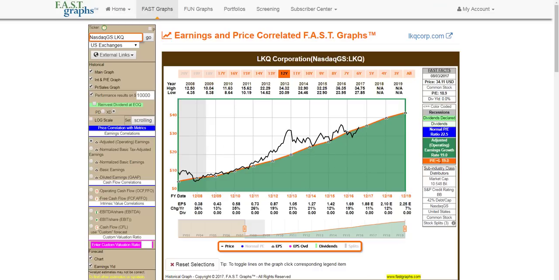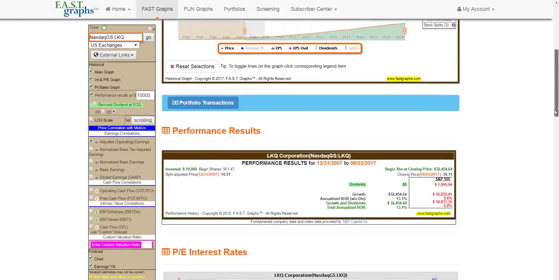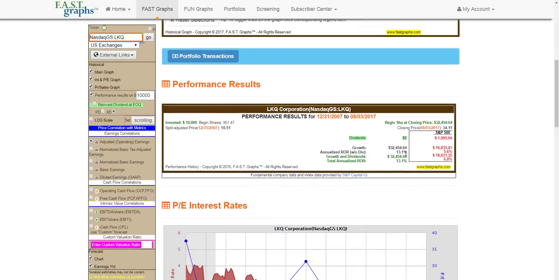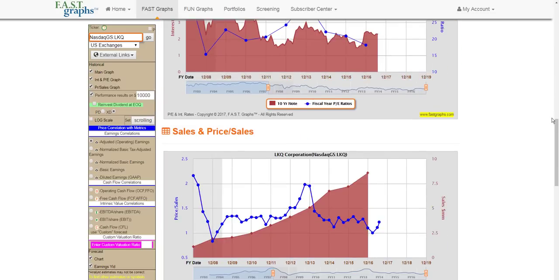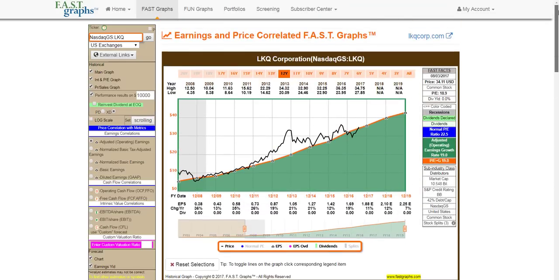Now I have a different time frame. My growth rate here is still very strong at 19%, but I clearly see that I have overvaluation here, beginning PE of 30-something and an ending PE of 18.9, but I do have a 19% growth rate. So I know that my capital appreciation is going to be below 19% simply because beginning valuation was high, but yet I still have this correlation, this driving force of earnings growth. My rate of return over this time frame would have been 13.1%, which is less than the company's earnings growth